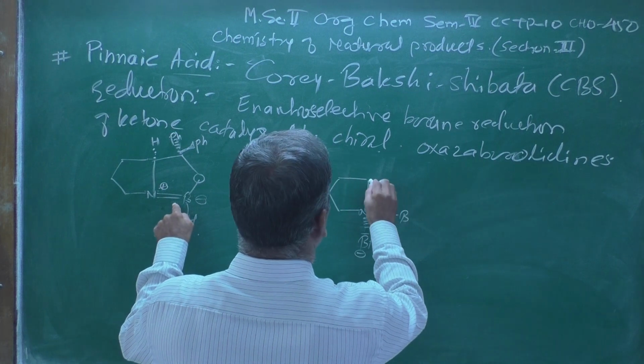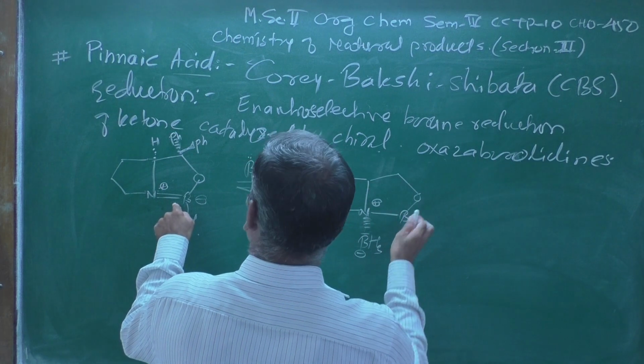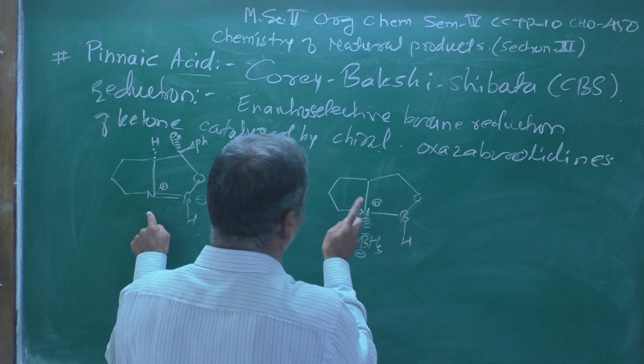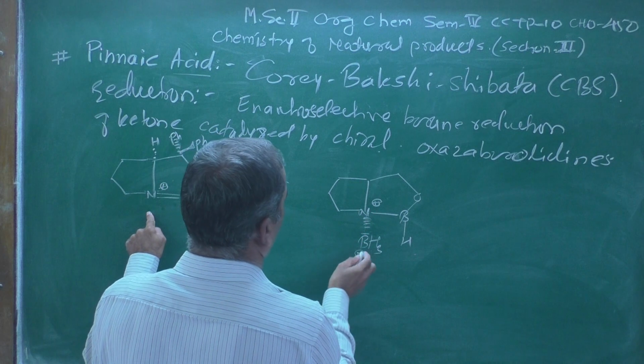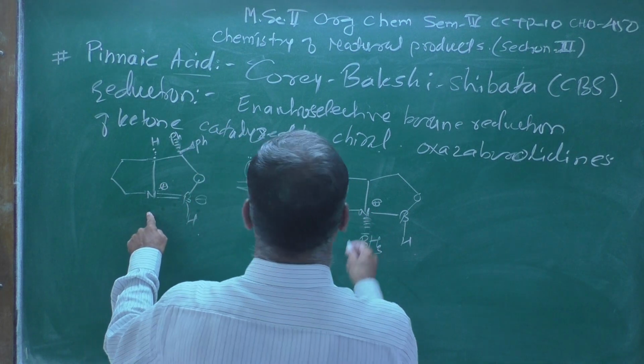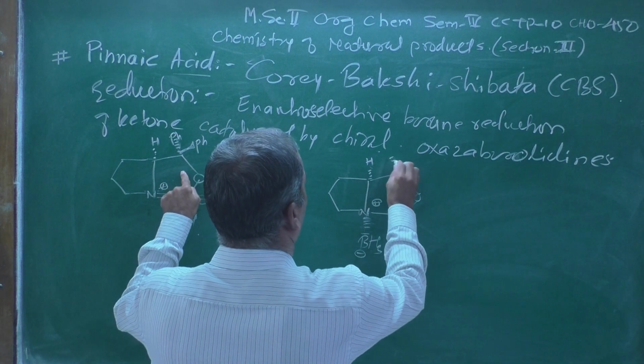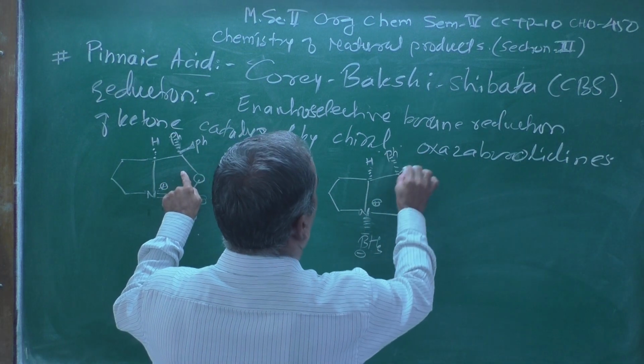Boron has this 3 bond over there, the positive charge still remains on the nitrogen atom, and the negative charge on this boron atom. This is a hydrogen atom which I have shown over here, a phenyl group which is below the plane, another